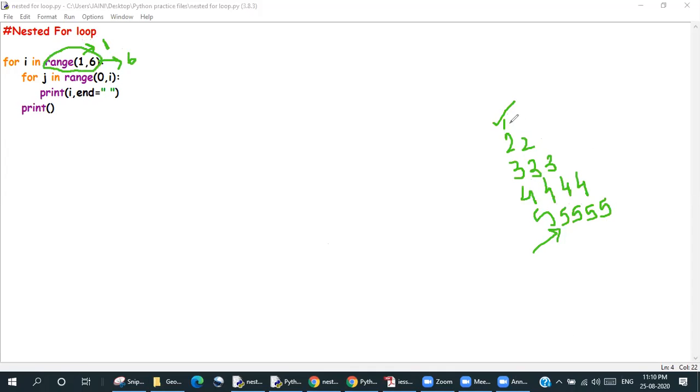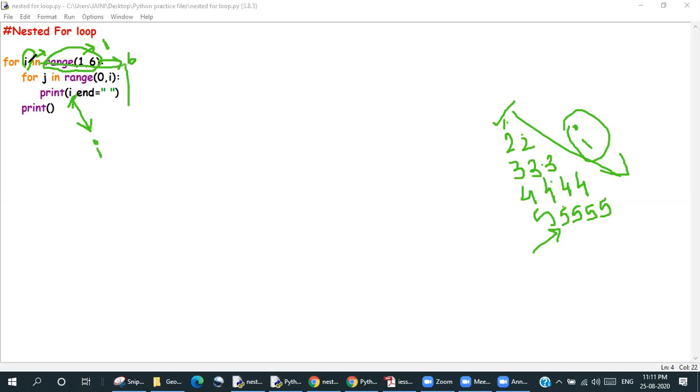Another thing, what I'm printing. When I'm printing, if I look at my outer loop, that is my loop control variable over here, the value of I is changing. It's becoming 1, 2, 3, 4, 5. And I am printing this only. I'm printing the value of I if you look properly. That's why I made sure that when I was printing it, I'm printing the value of I over here.